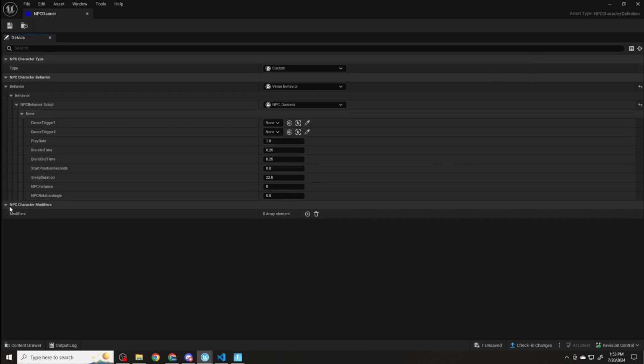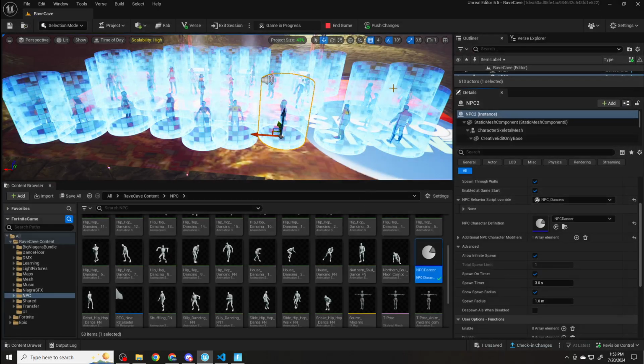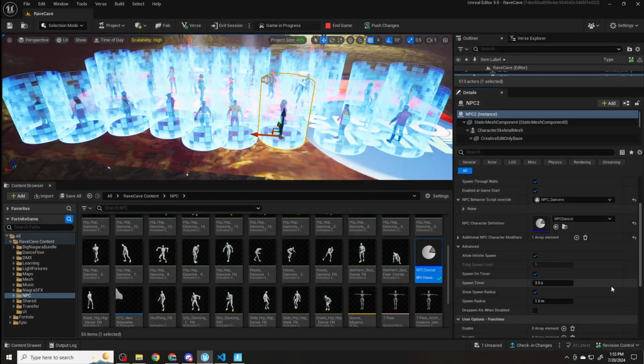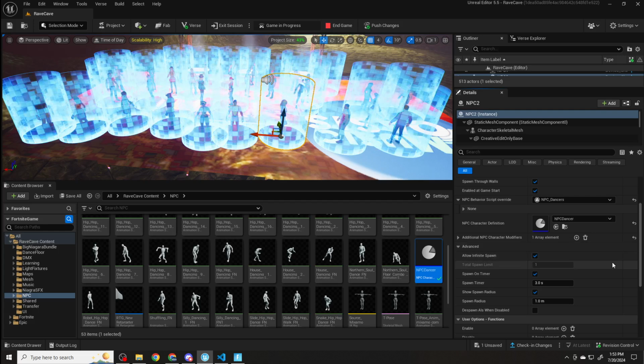I could have also at this point applied the modifiers on this, but since I'm using instances, this is sort of like materials versus material. This is like the materials, but I use instances inside of the game of NPC Dancer to make the changes. So there we go. So I've got 30 of these. They're out there. Then what I do is for each one of these,